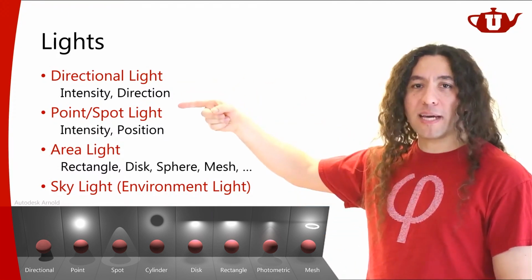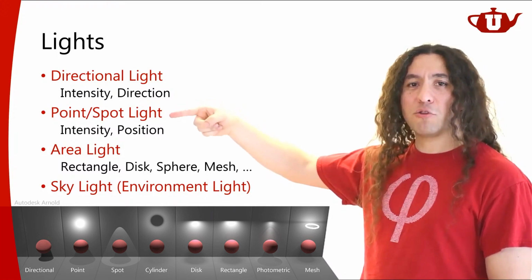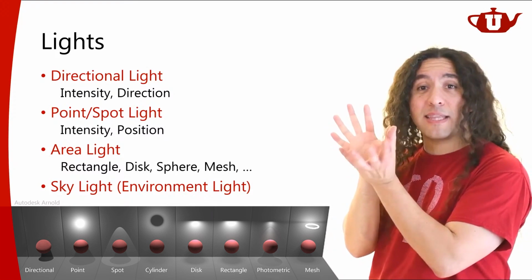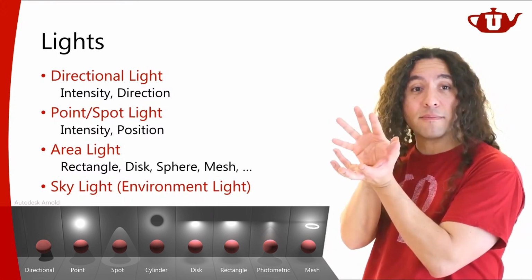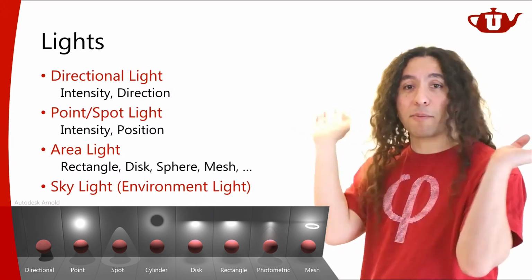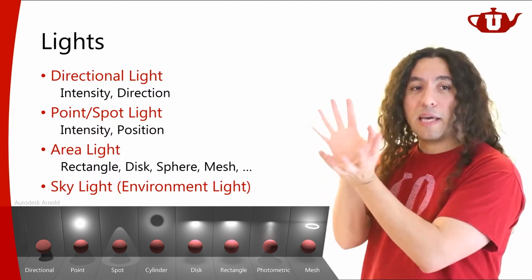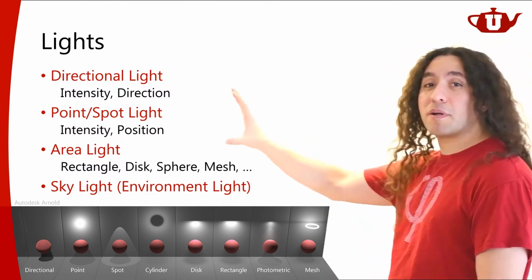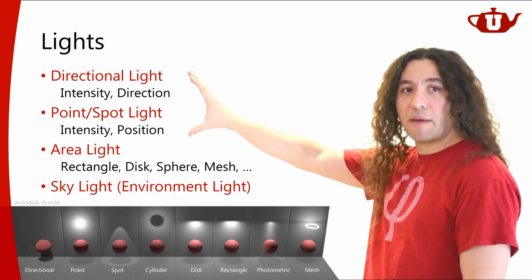Same goes for spotlights. In addition to being a point light, I need to check whether that direction is inside this spot angle. If it's outside that spot angle, I'm going to say, okay, no light is coming. If it is inside, then I'm going to say some light is coming. So those are the simpler light sources we have in computer graphics.